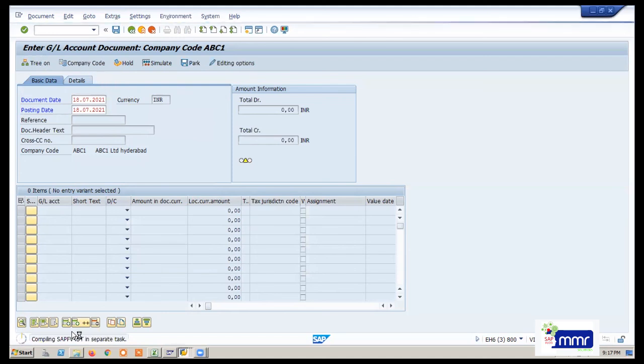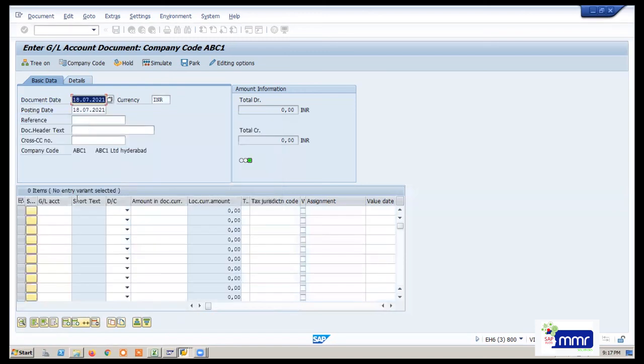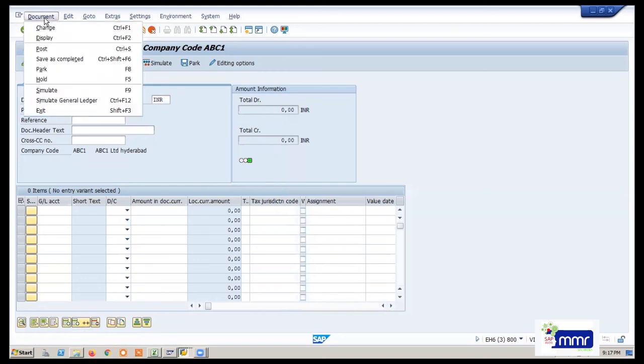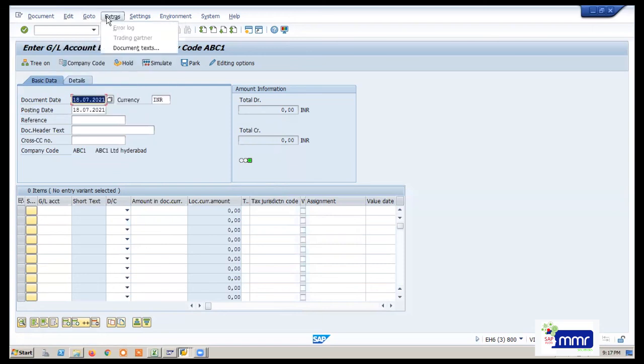One second. I will tell you tomorrow where we can get those attachments.